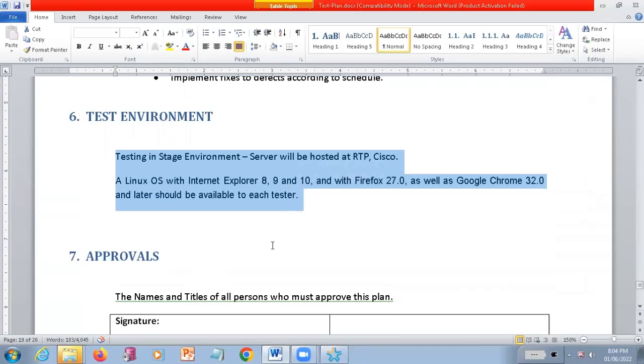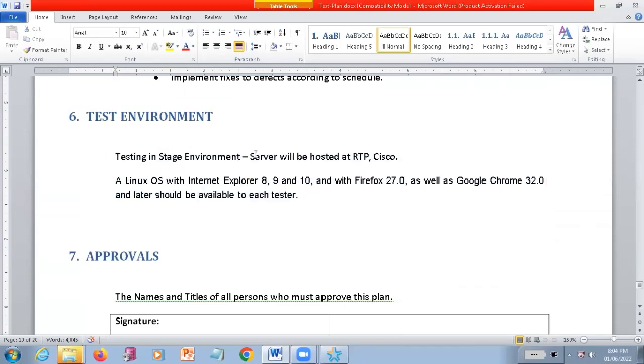Then the test environment: what servers we are going to use for hosting, like server 1 or server 2.